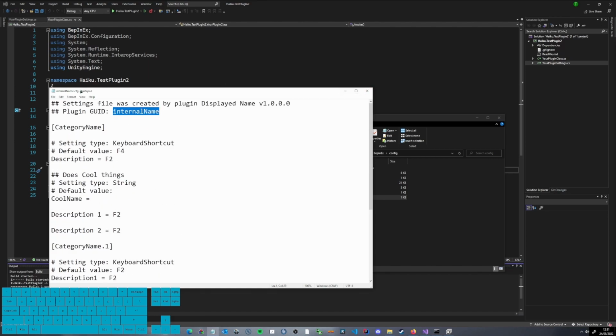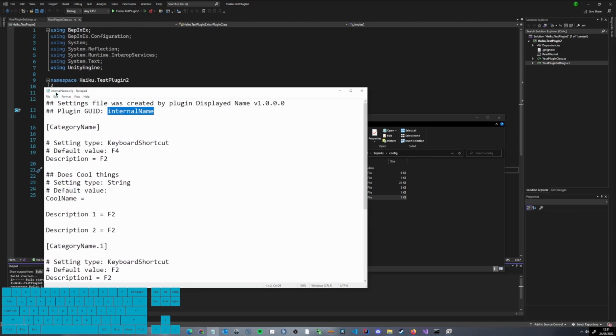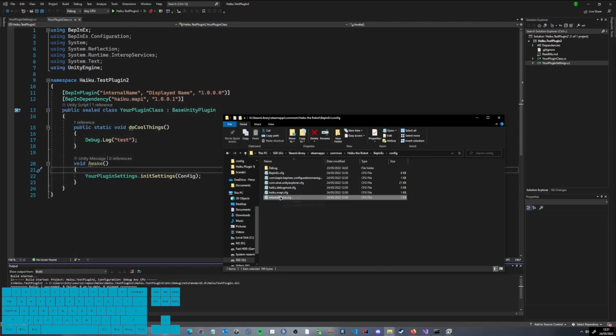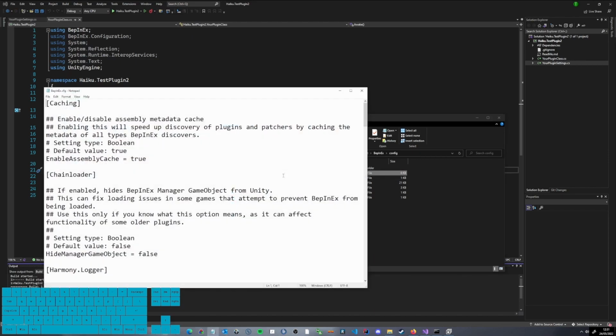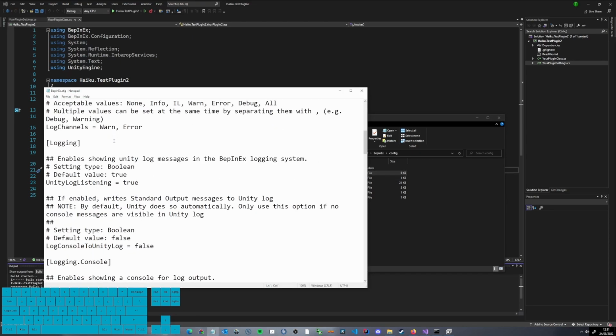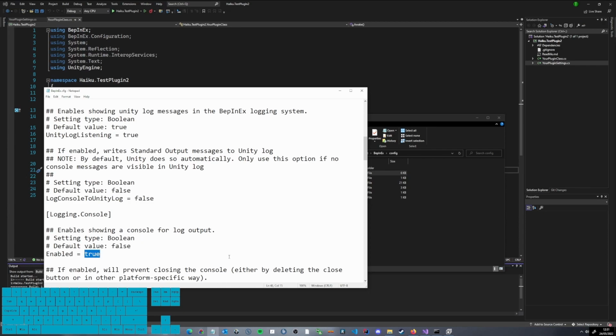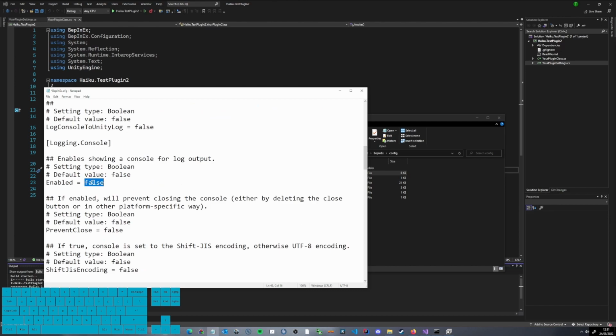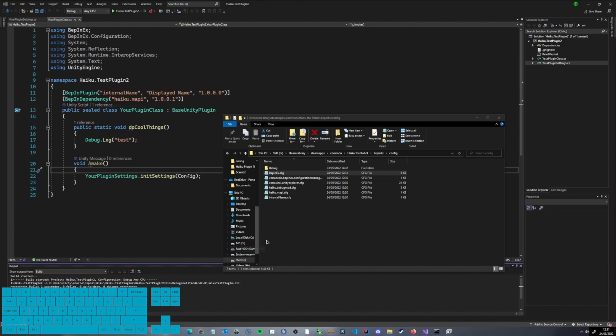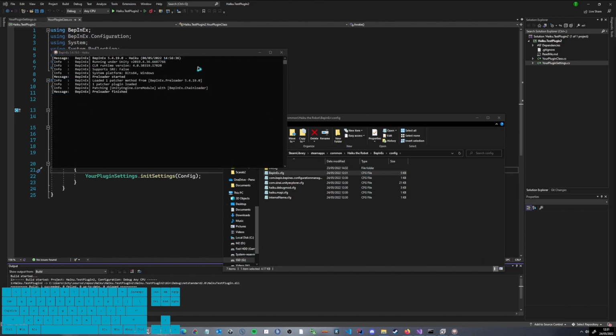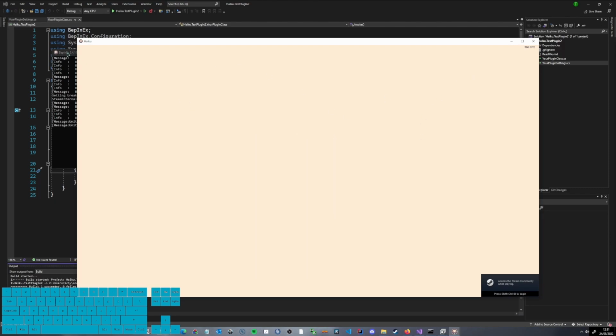The internal name is also the one that's used as the config file name. More important than that is the Babinix config. If we scroll down a bit, you can see that this is usually set to false. So instead, just write true in here, and then if you start the game, you'll have this console that you already saw. Since we're using MapAPI, it starts in a smaller window, which is pretty neat.